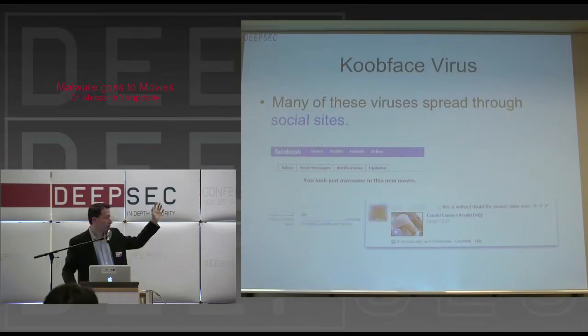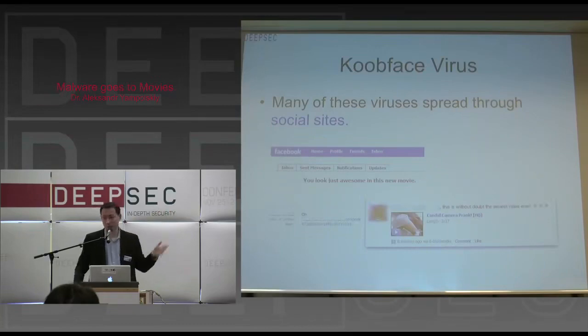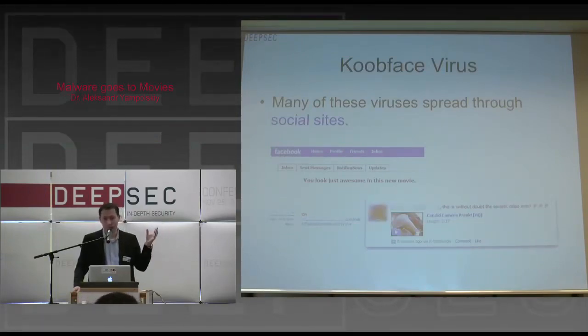So what this virus is going to do is it's going to often send intriguing messages to friends of people. So you log in one day and you get an intriguing message from your friend, which says, candid camera prank. And it's your friend who sent you a message. You click on it, it's a video, and it's a YouTube lookalike video, but not really a YouTube video. So once you click on it, it's going to say you're missing a particular codec. Click here. You click on it because your friend sent it to you, and then you infect your computer.